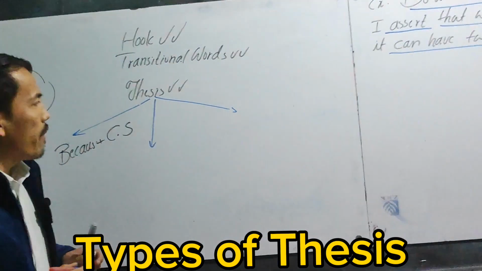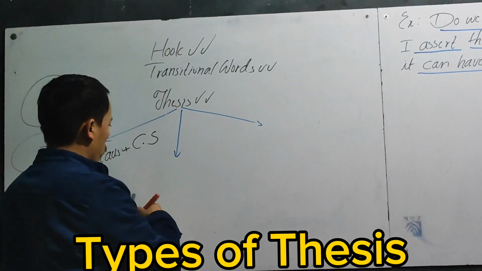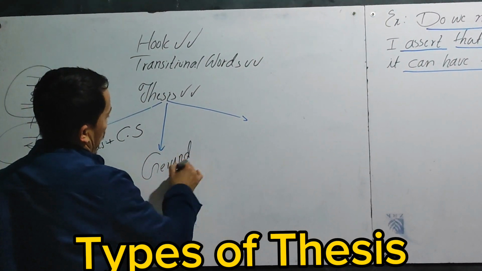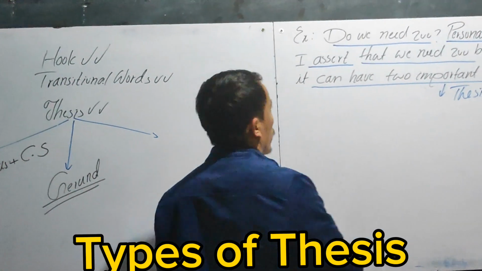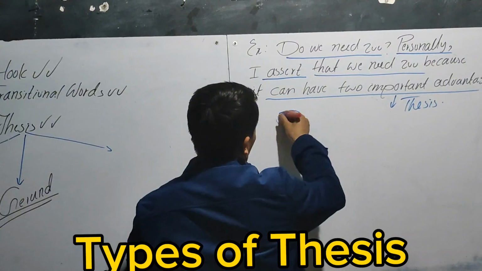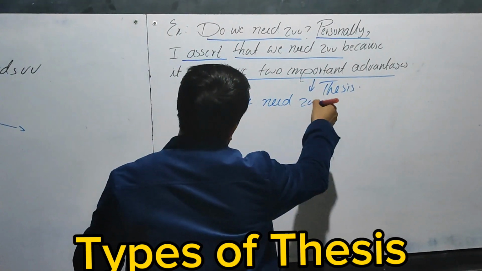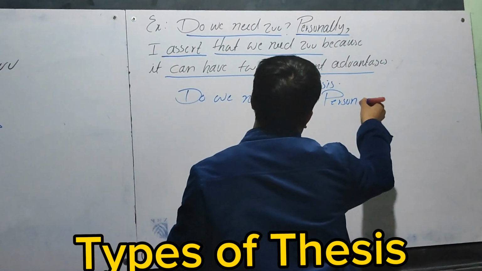Now the second type of using thesis was the word gerund. What? Gerund. How? Let's make a sentence. Again, we say that, do we, this time I change the color, do we need zoo? Then we write personally,